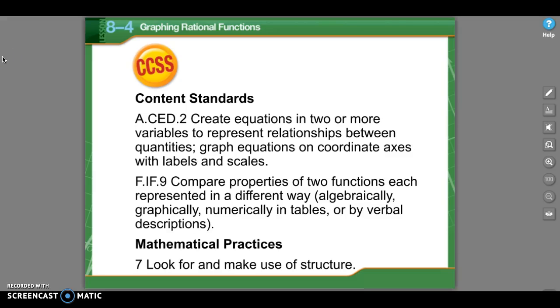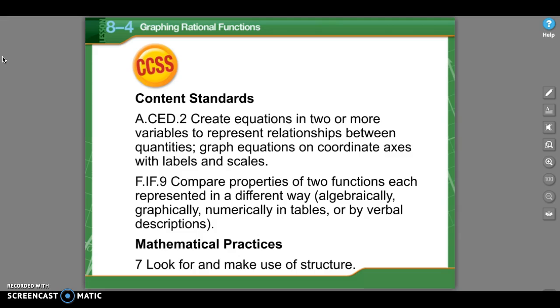Okay, this is the Unit 2, Lesson 11 video, and we are in Chapter 8, Section 4 of the textbook, and this lesson is about graphing rational functions. So we have two content standards again, and I'm pretty sure they're the same as the last lesson, which are creating equations in two or more variables to represent relationships between quantities, and graph equations on coordinate axes with labels